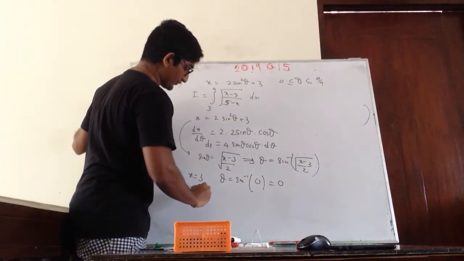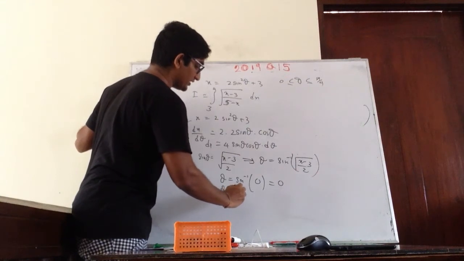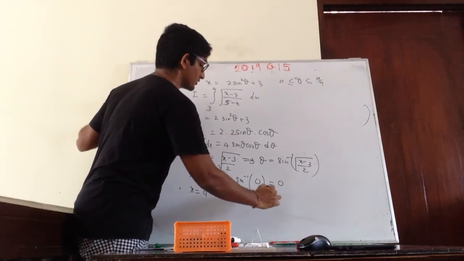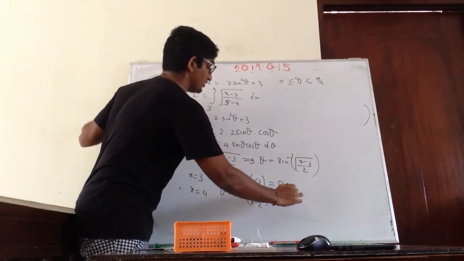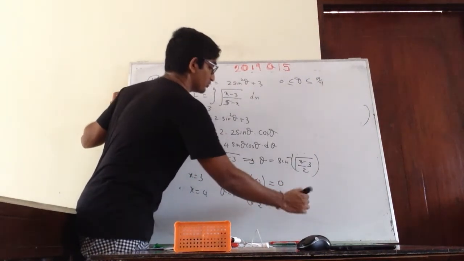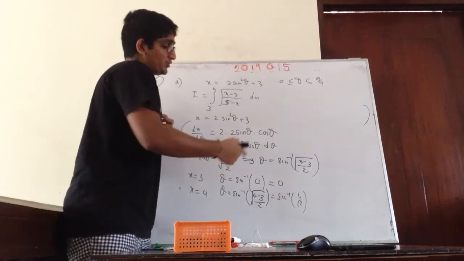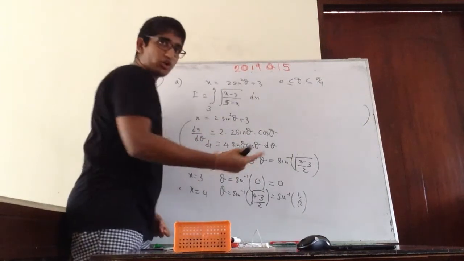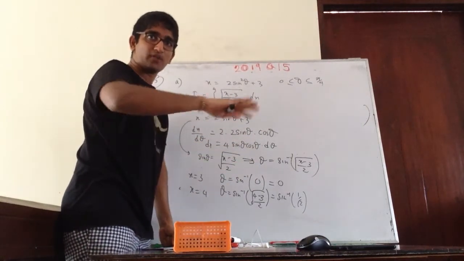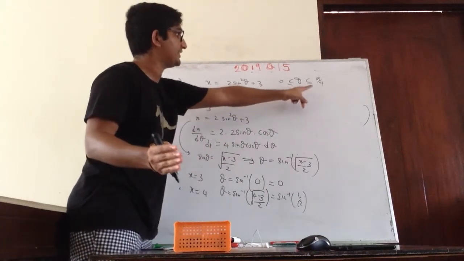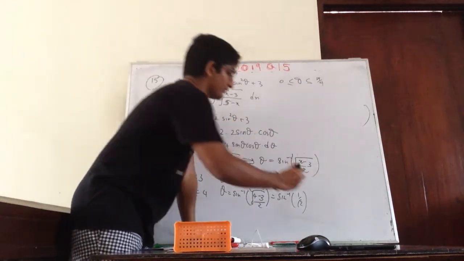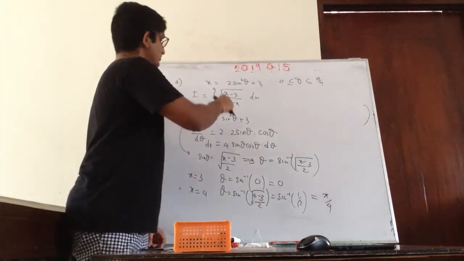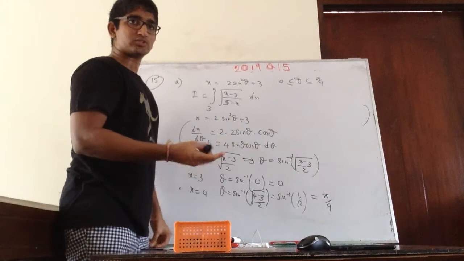At x equals 4, theta will be sin inverse of the square root of (4 minus 3) over 2. That means sin inverse of 1 over square root 2. You get 1 over square root 2 at sin 45. There is also the general solution, but they say that theta is between this, so it should be 45. So we have found all the necessary things for us to get the answer now.